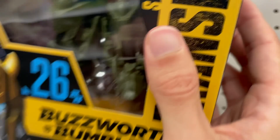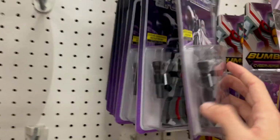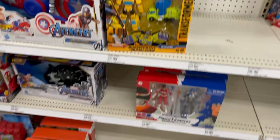Buzzworthy B stuff over here. Not really interested in any of this stuff. And let's see, we got some of the retro figures here, Megatrons. Some Optimus is up here. Some dead Optimus, actually Fallen Leader. And let's see,